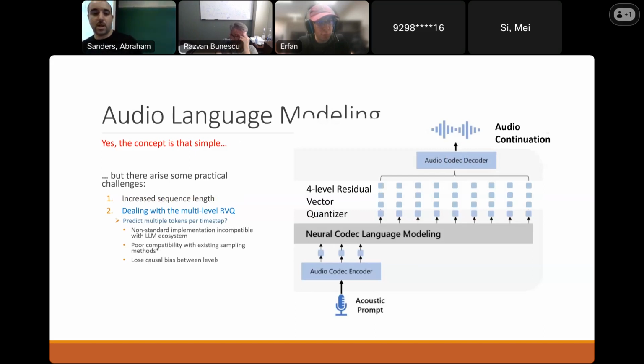It's not compatible with most of the LLM ecosystem, including inference servers and optimized LLM implementations. It also has poor compatibility with existing sampling methods, mainly because there is a causal bias between these levels, right? The token you predict at the lowest level will influence which token you predict at the next level. And if you're predicting them all in parallel, then how do you do sampling? You might sample a residual token which has nothing to do with the first token that